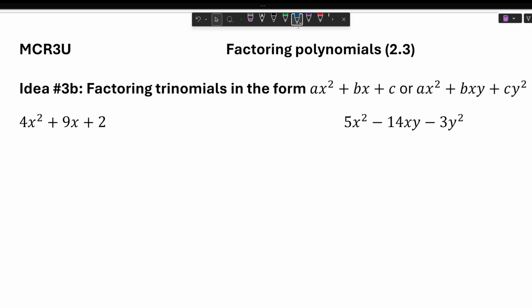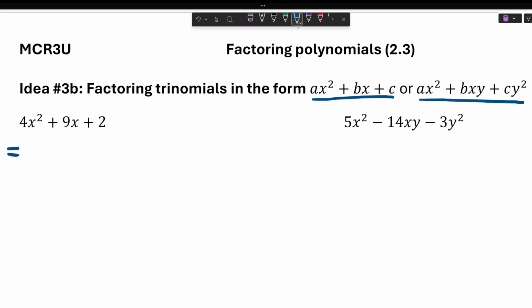Okay, so now let's look at some examples that have an a in front of the x squared. So this a might not be 1. So it could be ax squared plus bx plus c, or possibly ax squared plus bxy plus cy squared. It's the same technique for both. So when you're looking at this, you know what, for illustration purposes, let's do this one by decomposition, and then I'll show you